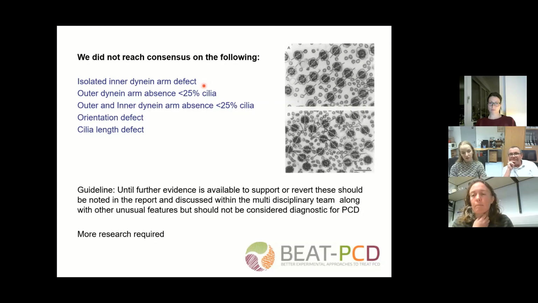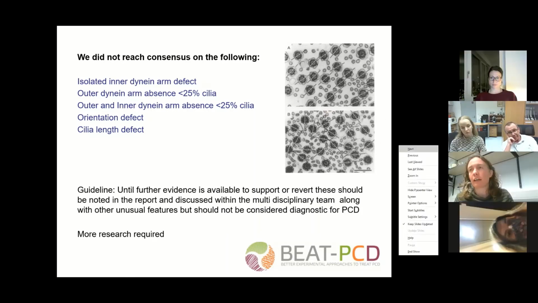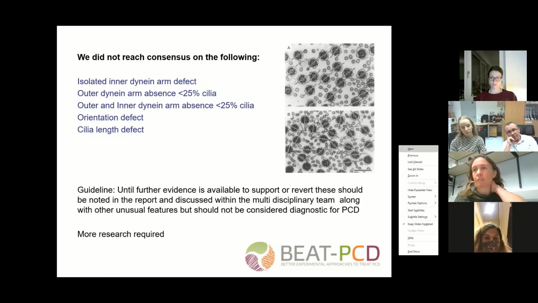And as I said before, there's been a lot of reporting of inner dynein arm defects of things that were actually inner dynein arm and microtubular disorganization defects, so CCDC39 and CCDC40. There's also been quite a lot of reporting of inner dynein arm defects where there's an inner and outer dynein arm defect, but the outer dynein arm defect is partial, and therefore the inner dynein arm defect has been written down or called because that's the major defect. And I think that's an important thing to keep in mind when you're looking at old literature and considering what's